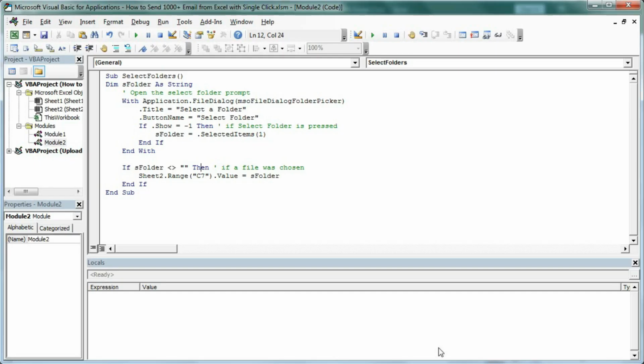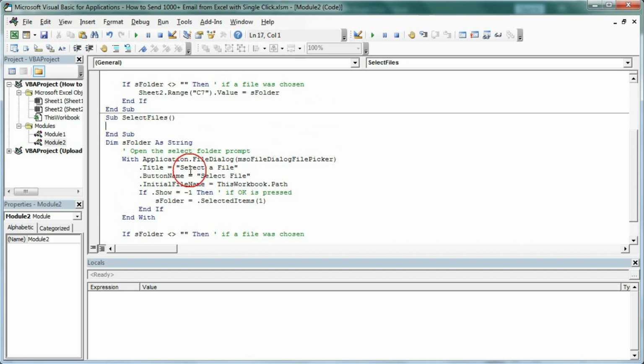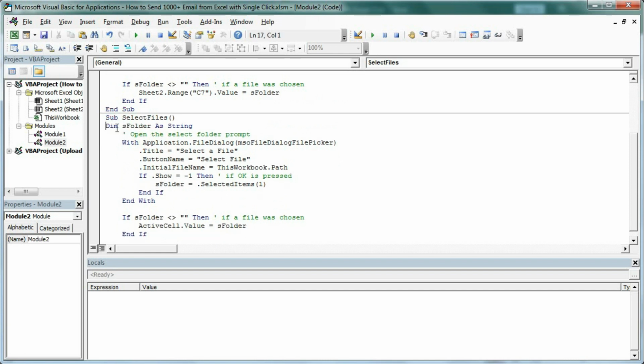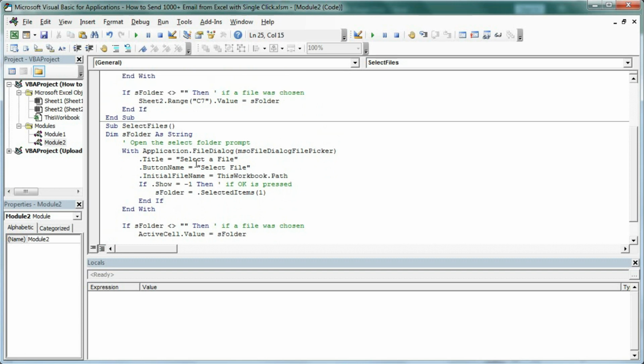So go to Visual Basic, and here we have to type another, that is Sub SelectFiles. Okay, so let's check here.